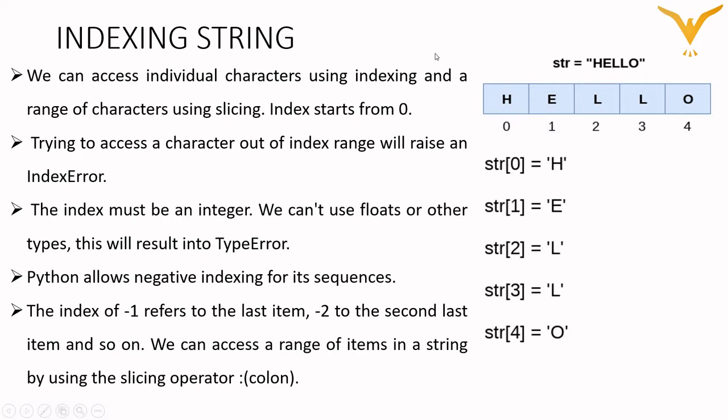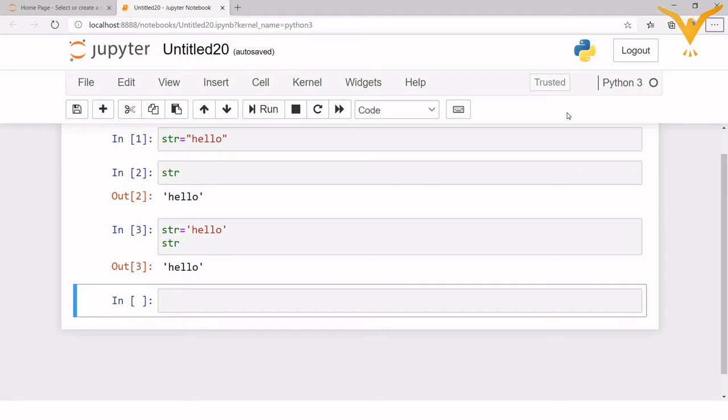Now see, here in this example I have created a string str which stores the value hello. Here hello is stored in memory and it has an index number starting from 0. So for h we have index number 0, for e I have 1, for l I have 2, and so on. So if I want to fetch any of these characters from the string, I require the index number. So what is the syntax for this? String name, and in the square brackets we have to pass the index number. Now let's see this practically.